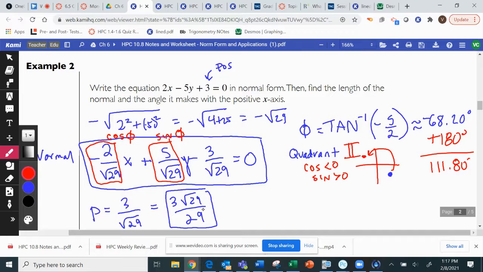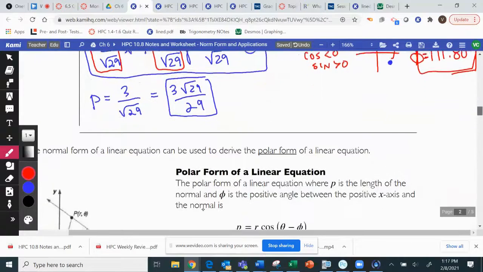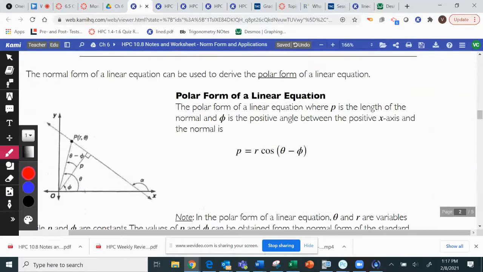111.8. Good. So that's the answer to the phi. All right, so those are the three things that we were asked to find for that one. All right, next is